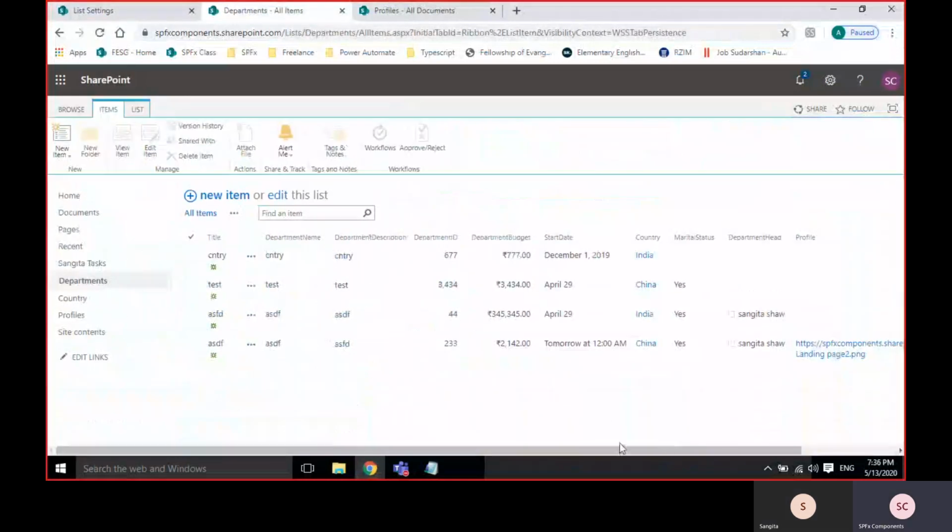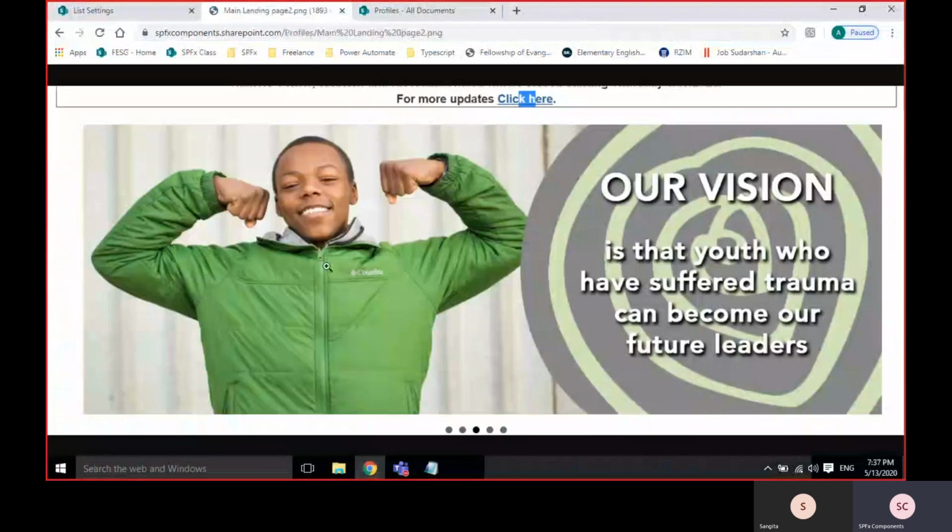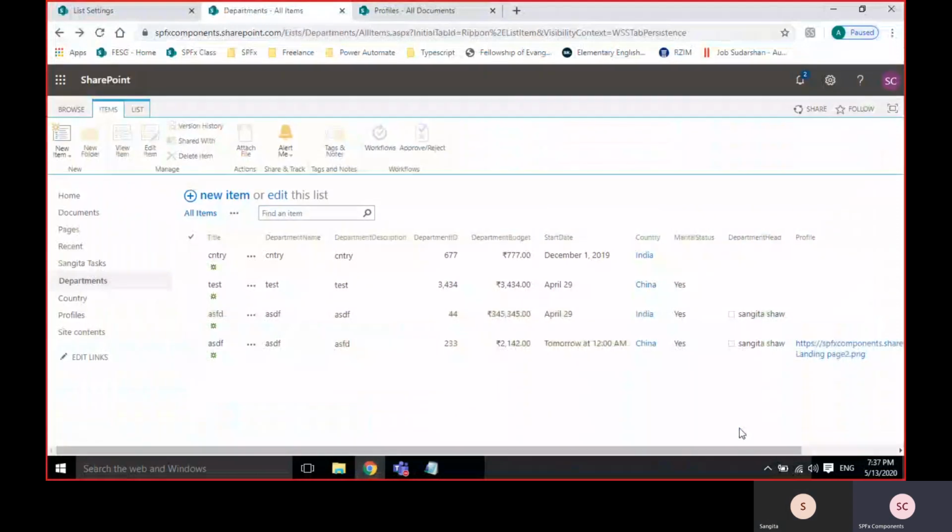It's just a link and they can open it. Otherwise the look and feel will change; a complete big-size picture in the list looks odd. It's all about requirement.